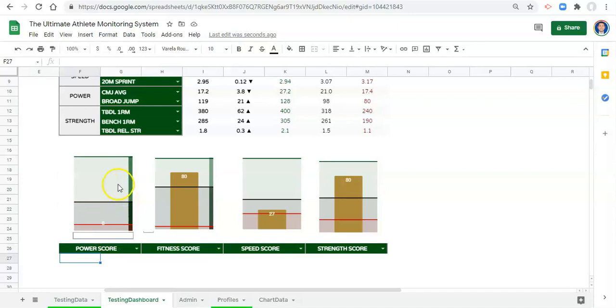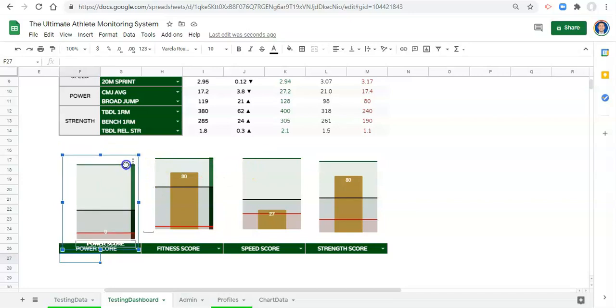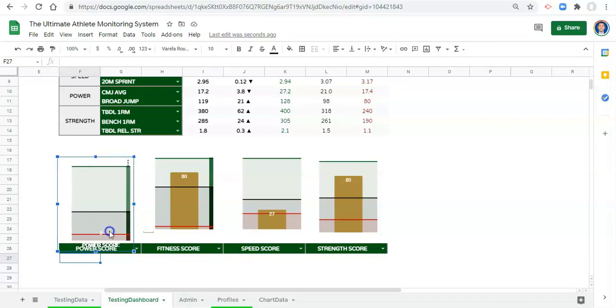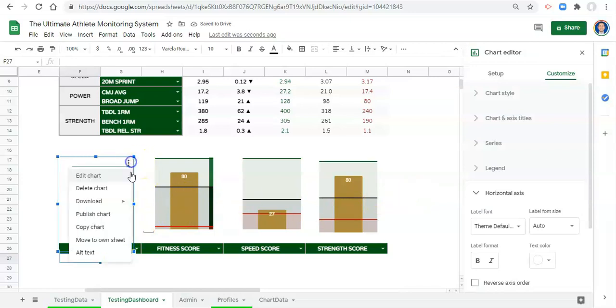Okay, now I just want to go over two other tricks and tips with these types of charts, or any charts really. So if I move this down, we'll notice power score shows up underneath there because I had to color it white. There is no transparent in Google Sheets when you're dealing with these things. So there are 2 tricks. The first is, let's change the x-axis here. So let's change the x-axis